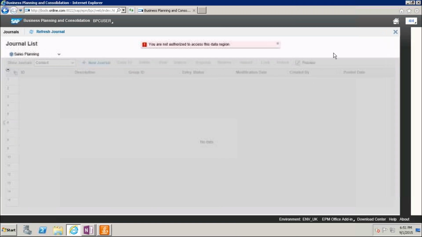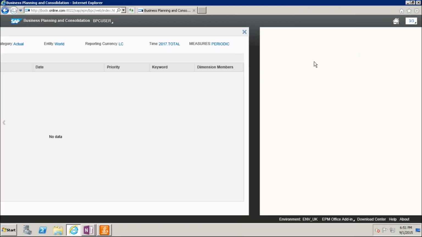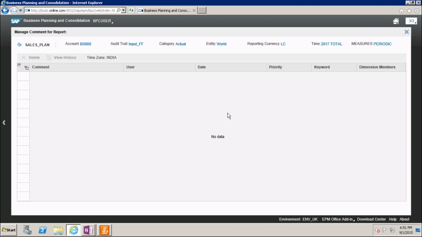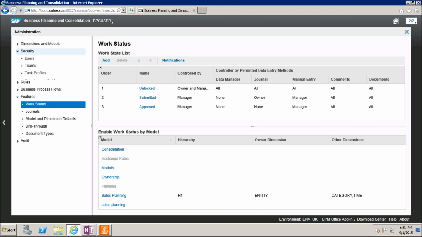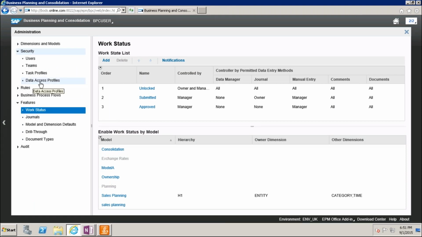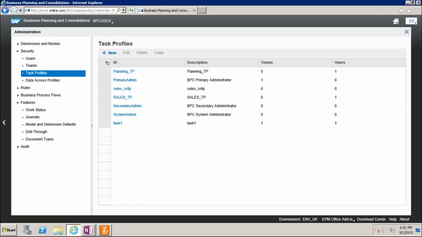Sorry, however many times I clicked, that many times I opened this one. Sales plan. So manage comments we also got here. Manage comments, work status. So in the security, you go to the data access profile, in the task profile, we have sales underscore TP.